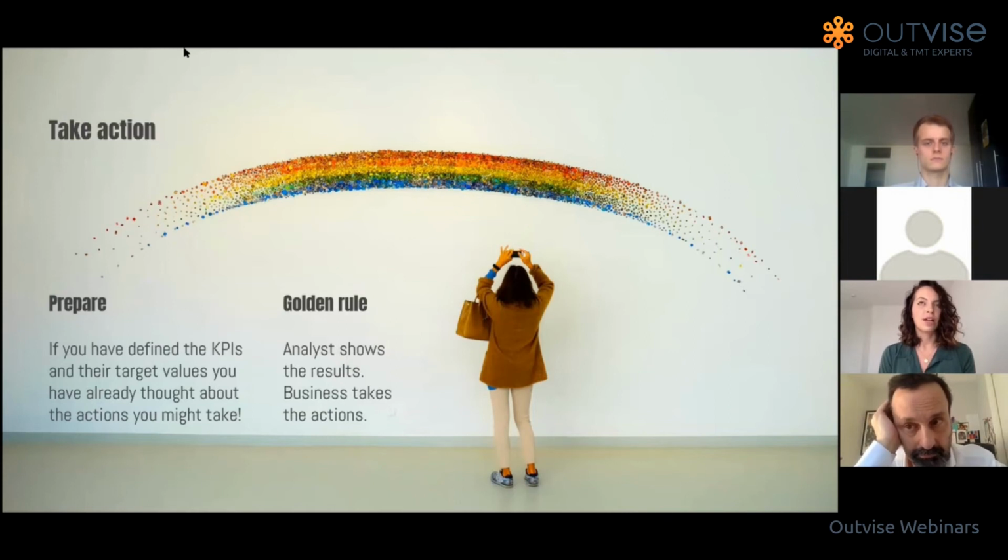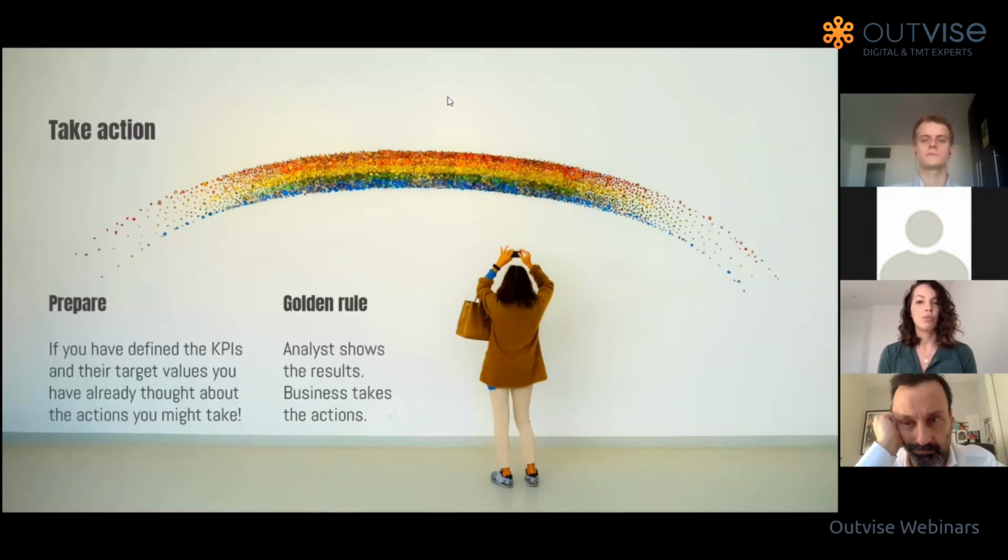I can say from my experience, it's the most tricky part. Mostly those targets are left by businesses like, okay, let's gather the data and then we will see what we get and then we will make decisions. But it's very difficult when you actually get the data and then you are unsure, is it what I expected? Is it good enough? Is it bad? So it's really essential to think about the targets ahead.